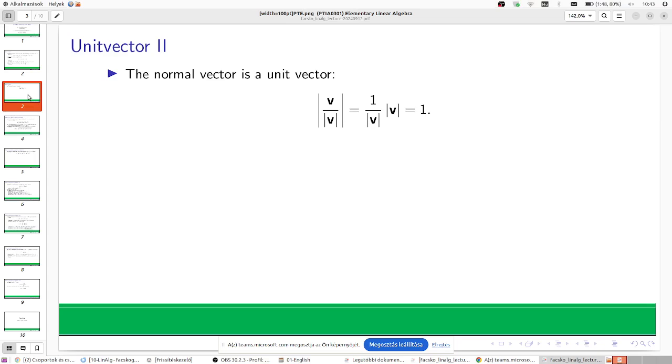That is, it's not a swearing. So this unit vector length will be